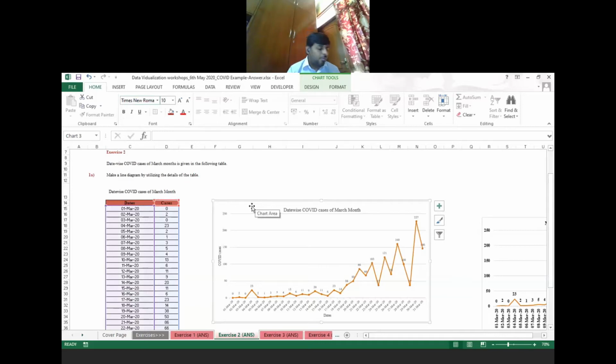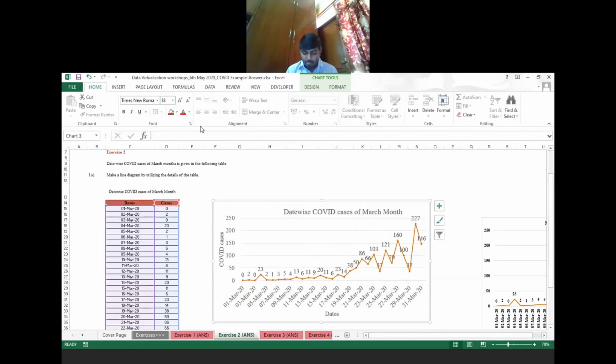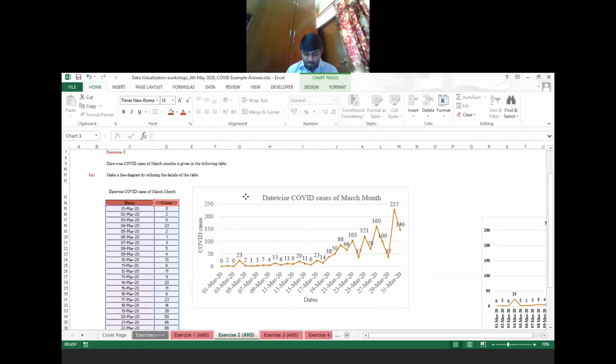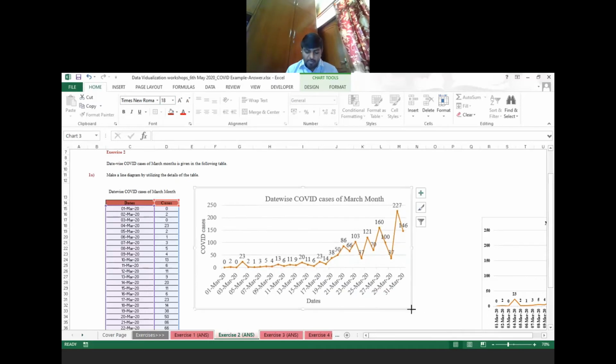If you want to increase the font numbers, you can keep 14 here or whatever you want to show. You can keep 18 also. 18 will be the font size of the chart. After clicking enter, you will get your chart very clearly visible. Now it is very clearly visible.